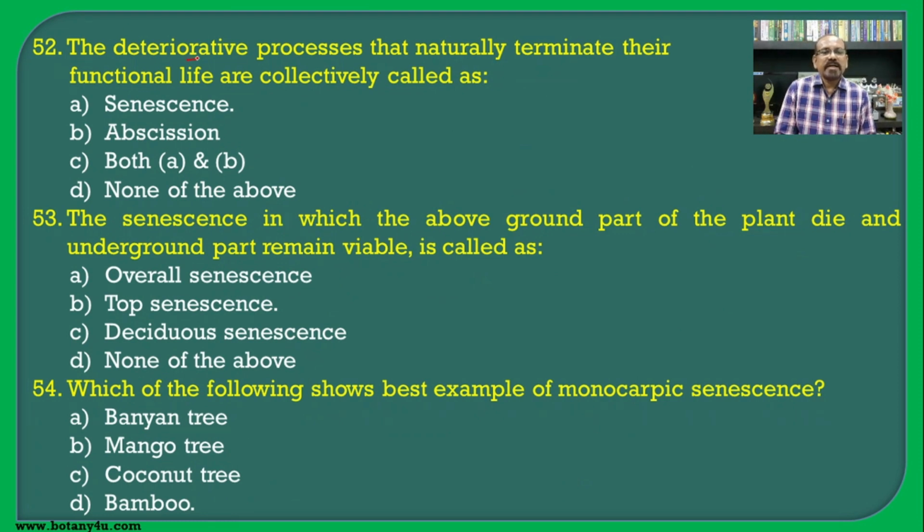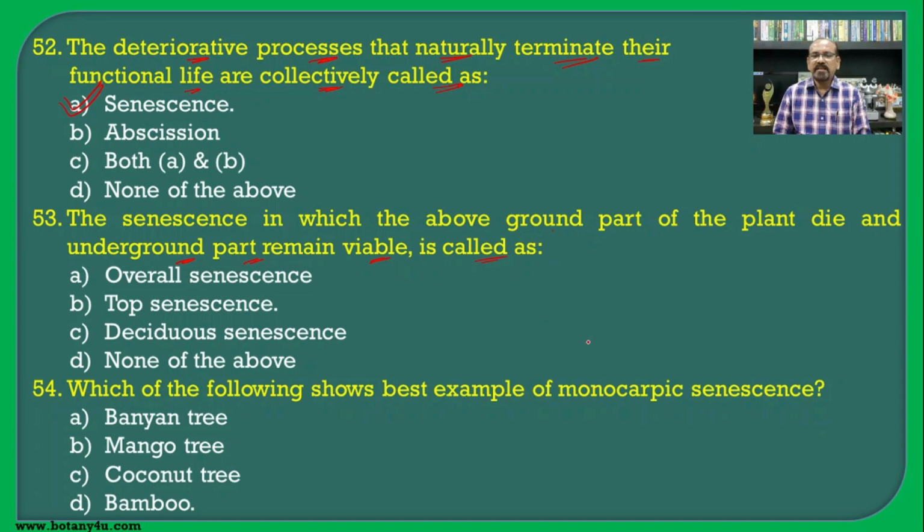The deteriorative processes that naturally terminate their functional life are collectively called as. This is the last topic from the unit, that is senescence and the abscission. So such type of the deteriorative processes in the plants are commonly called as the senescence. Then the senescence, in which the above ground part of the plant die and underground part remain viable, is called